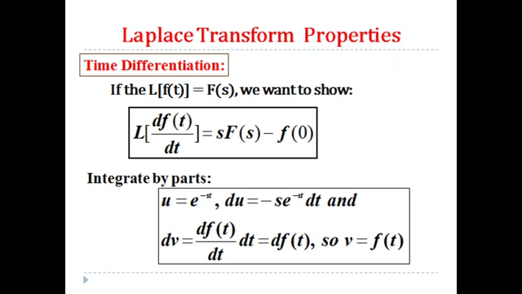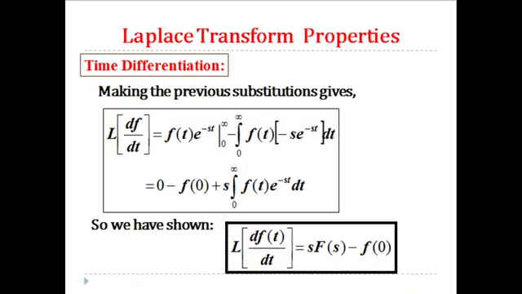So the next Laplace transform property is time differentiation. If Laplace of f of t is equal to F of s, here we want to show that Laplace of df of t by dt is equal to s F of s minus f of 0, which is the time differentiation property. So by using integrate by parts and substituting the following conditions we can solve this equation,